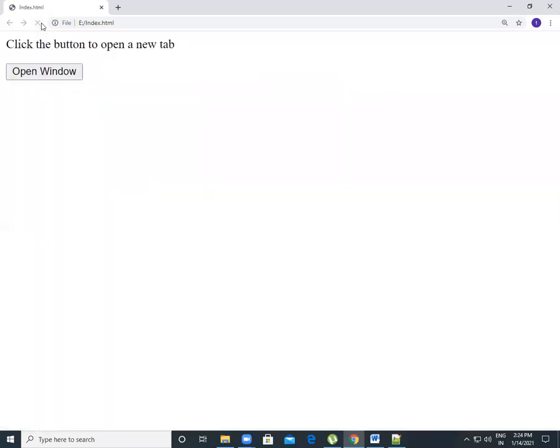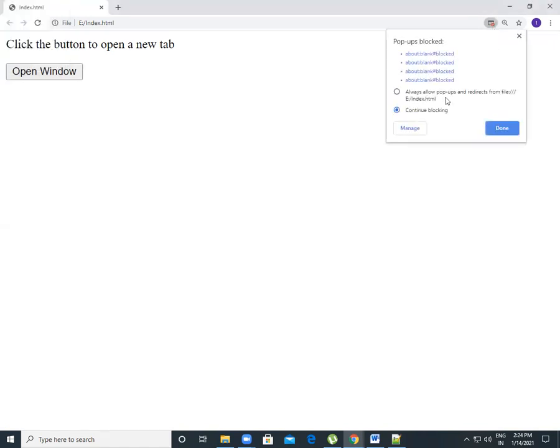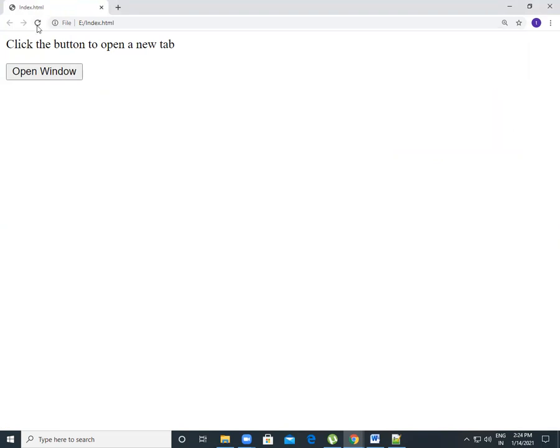On the click of that button, so I click it. You can see that I opened a window here, but one message is displayed: pop-ups were blocked on this page. Because of this setting we cannot open multiple windows at the same time. For that we have to set the permission to always allow pop-ups. Okay, done. Then run this program again and let's see how many windows are opened.